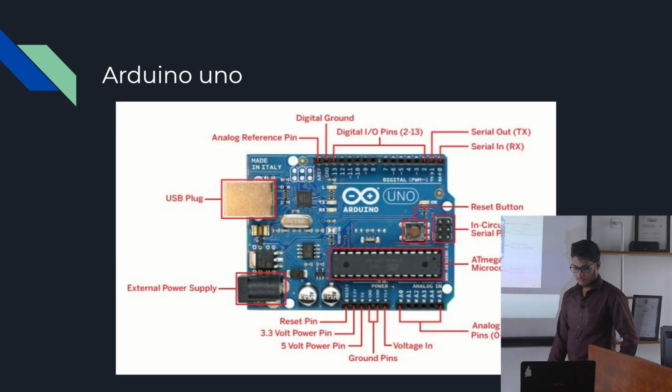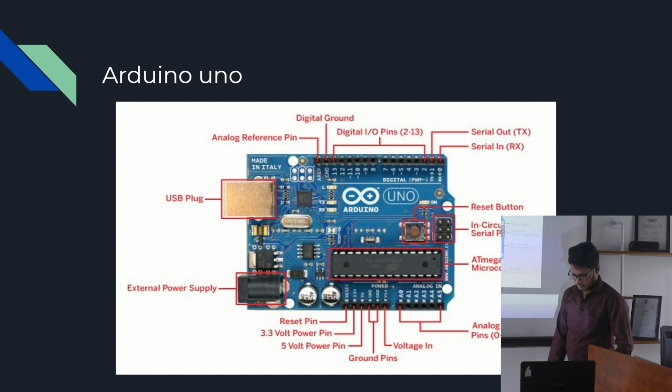And these are the basic parts of Arduino UNO. First we have the USB plug that we can use to connect the computer and Arduino board. We can also give an external power supply. Most boards' recommended power supply is between 6 volt to 12 volts, and there are reset pin, 3.3 and 5 volt pins, ground pins, voltage in pins, and 0 to 5 analog in pins. Analog in pins can determine signals from analog sensors and convert them into digital,